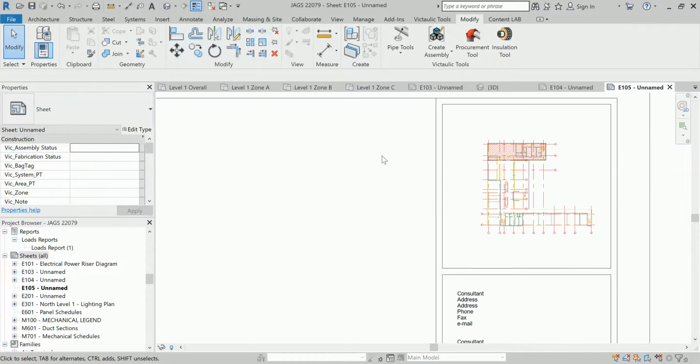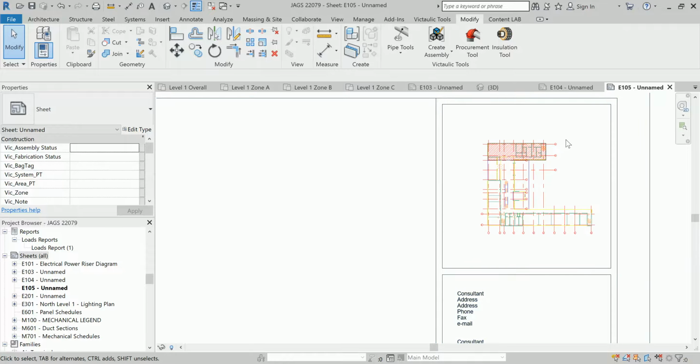For all zone A sheets, because in zone A there will be lots of sheets, for example there will be a circuit diagram sheet, an HVAC sheet, a plumbing sheet, a firefighting sheet. So in that particular family I will put zone A on,